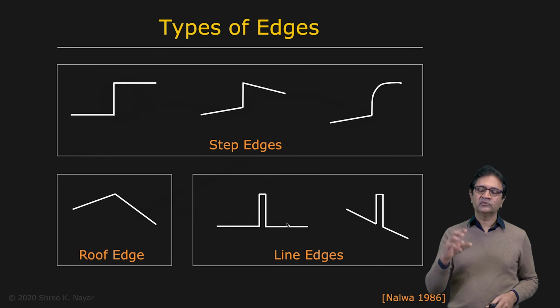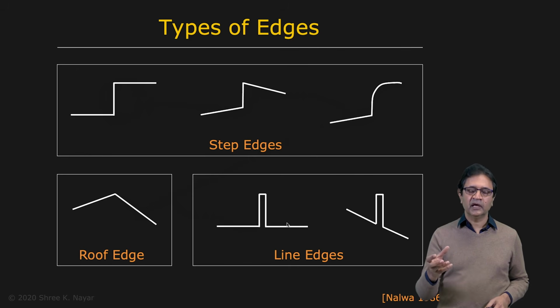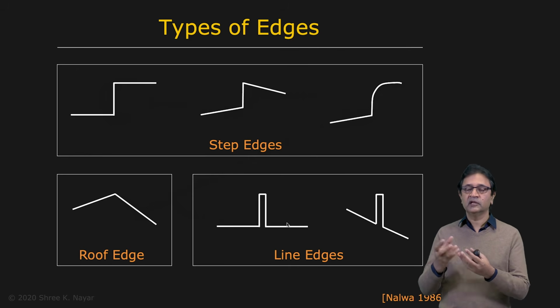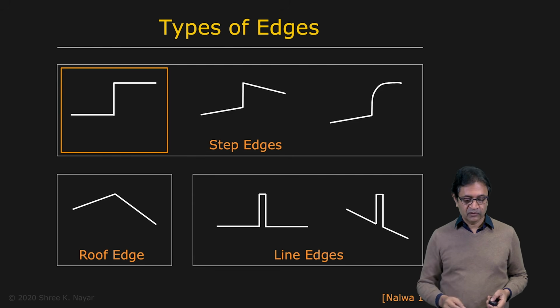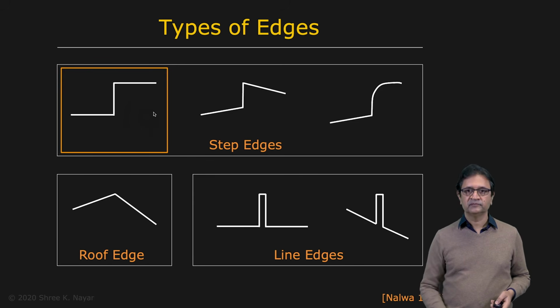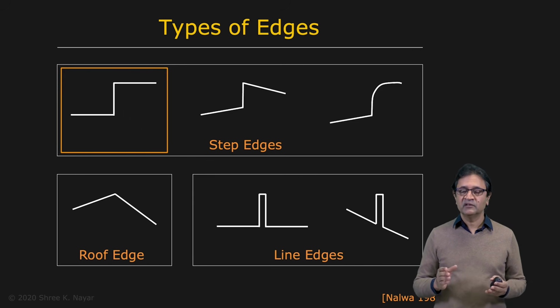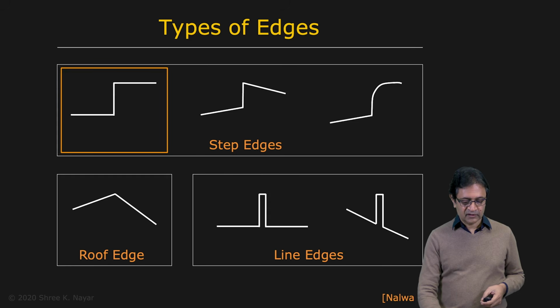But for our purposes, we have to pin down a model for the edge so that we can use this to then develop a theory of edge detection. So we're going to take the simplest of these models and use the step function shown here, the step edge. Now, it would be nice if edges appeared in images like this very clean step function shown here. That would make the problem of edge detection a lot easier.